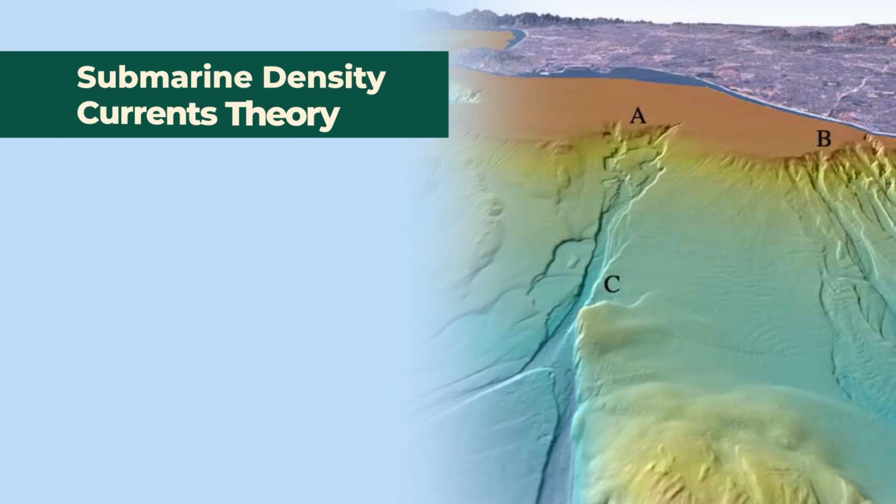In this presentation, we will go through three more theories which will try to explain the origin of submarine canyons. This topic is part of Oceanography course of MSc Geography of IGNOU. The first theory in this particular part, second, is submarine density currents theory. Submarines means beneath water, and density currents which develop due to density variations. So submarine density currents theory of